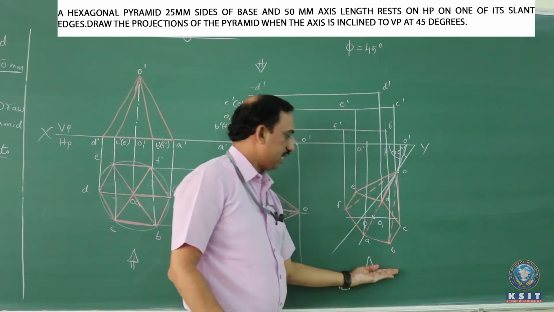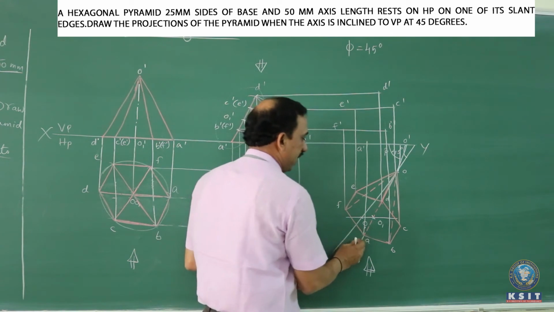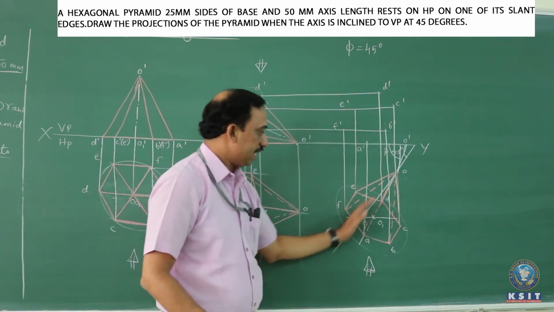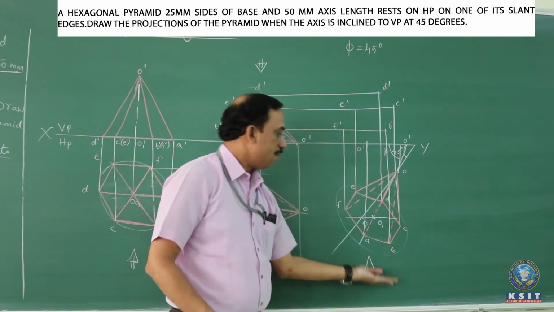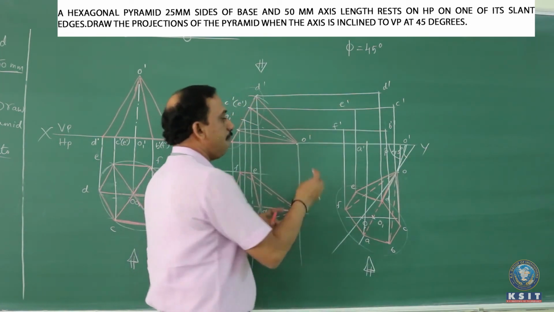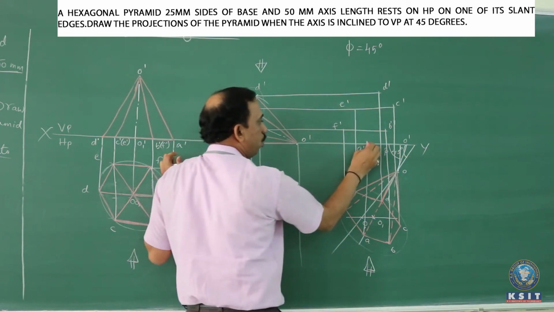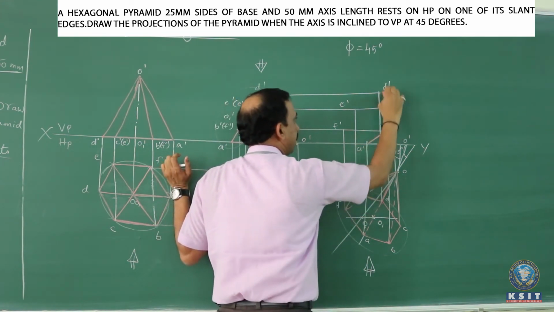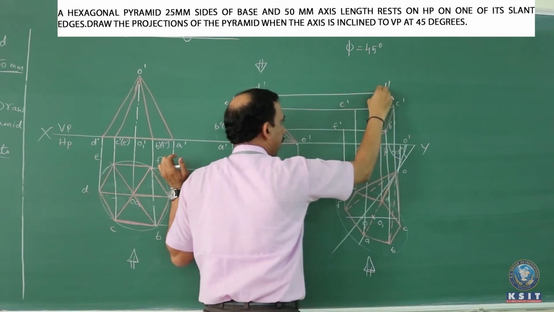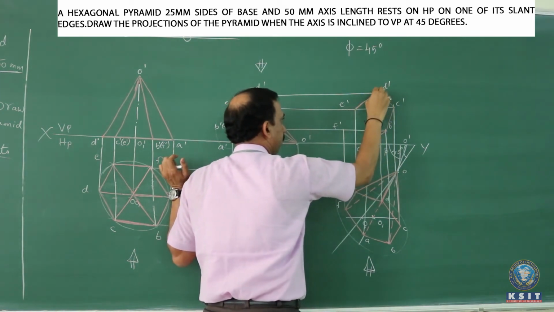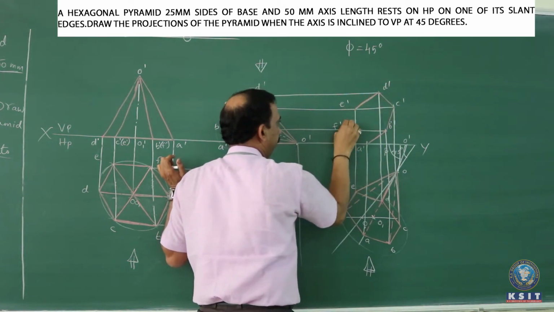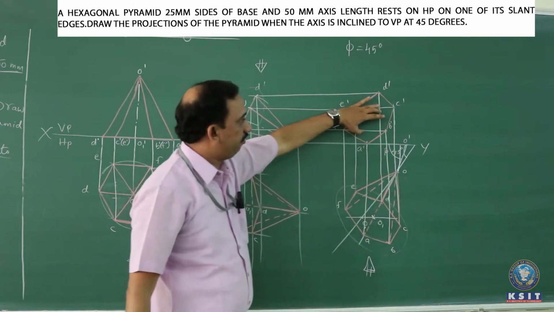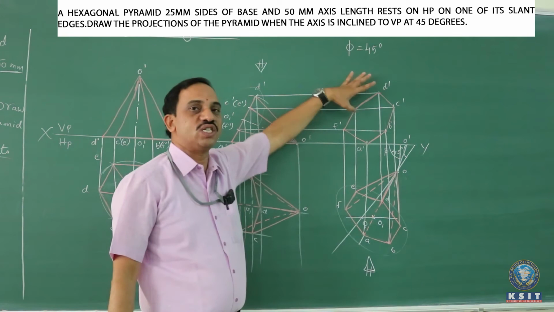when the observer sees from the front, the complete base face A, B, C, D, E is nearer when compared to the apex. Make this base face to be visible by connecting from A to B, B to C, C to D, D to E, E to F, F to A. This is the hexagonal face which is nearmost to the observer when he sees from the front.